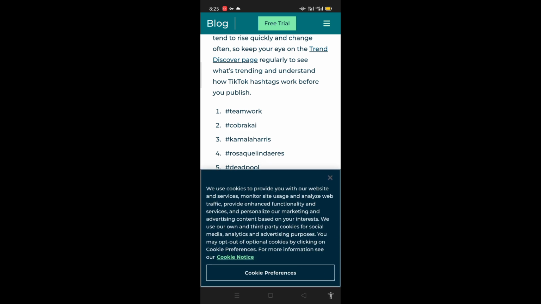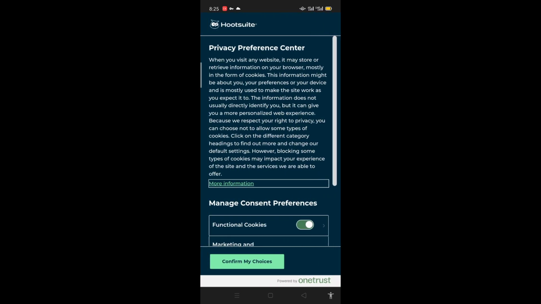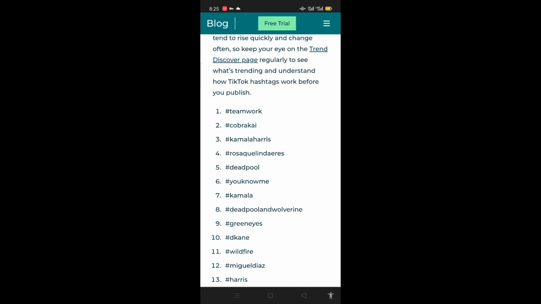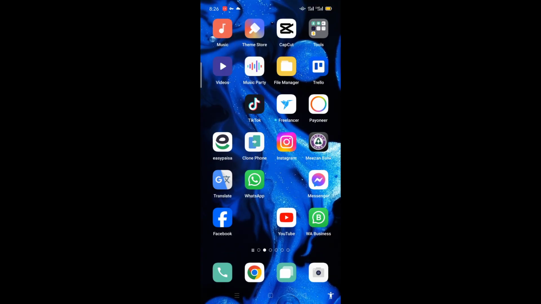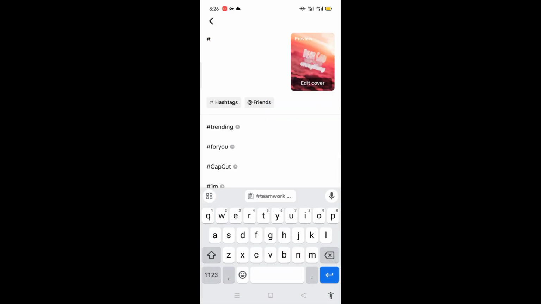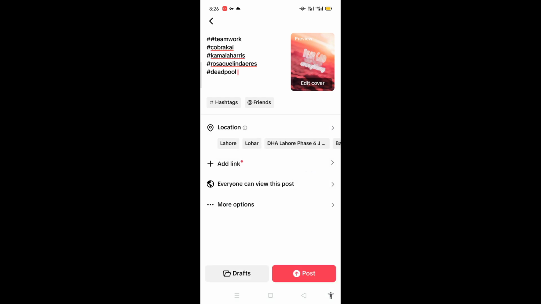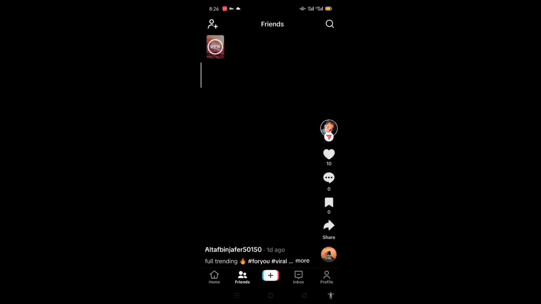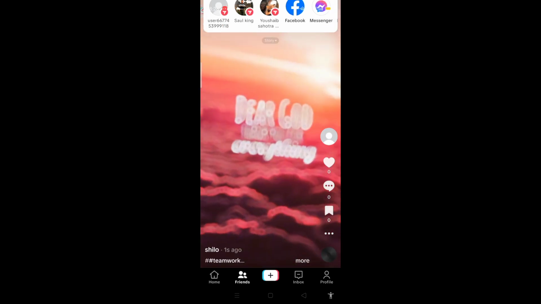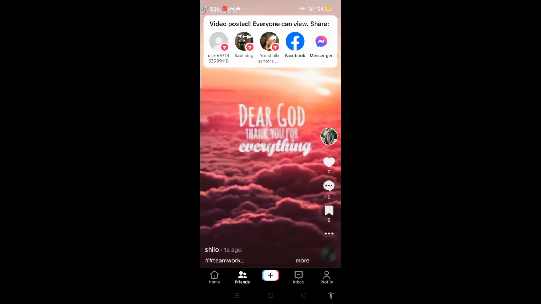You can just copy them from here. You can choose to copy 1 to 5, it's enough. Copy them and go and open TikTok again, and from here paste them in the hashtag section and click the most popular one, which is 1.9 million, and just click to upload. Once it's complete,